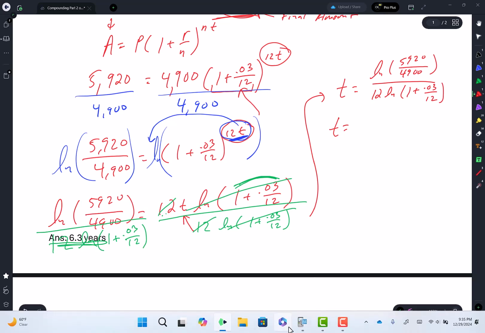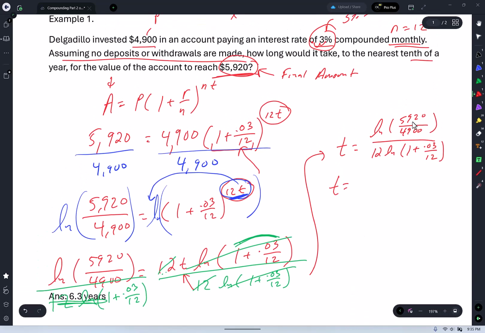And there it is, 6.3, to the nearest tenth. Yeah, nearest tenth. So 6.3 years. By the way, guys, not necessarily for kicks, but I just want you to know